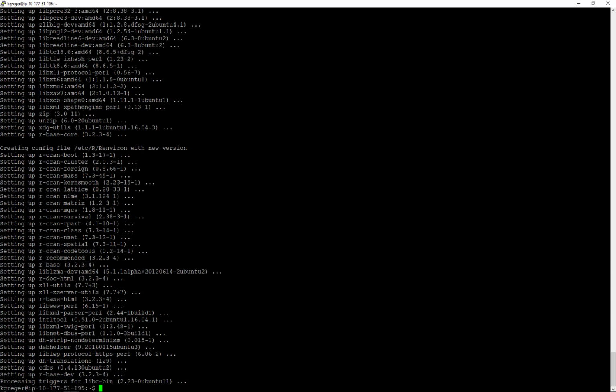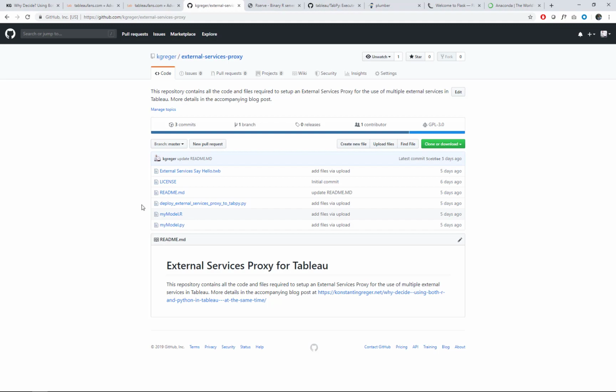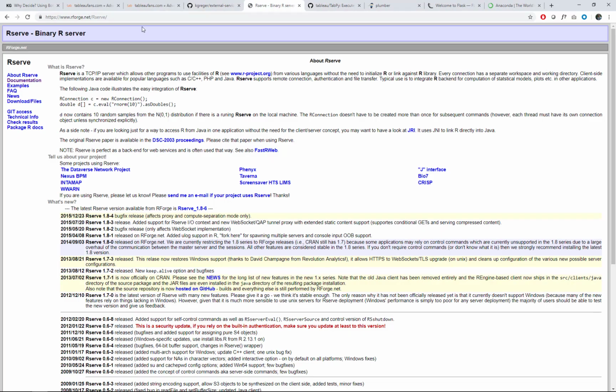Now, as opposed to regularly when we connect an Rserve session to Tableau, by the way, Rserve can also be downloaded just from the website of the RForge library. But with our external services proxy, we are not using Rserve as the server application providing the R session to Tableau, but we are using this